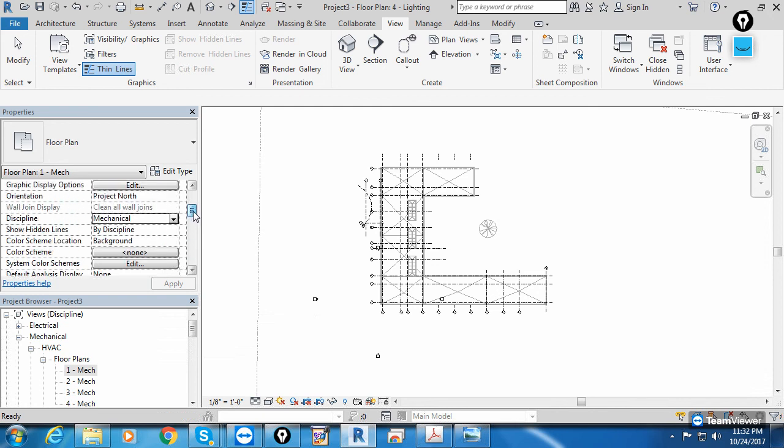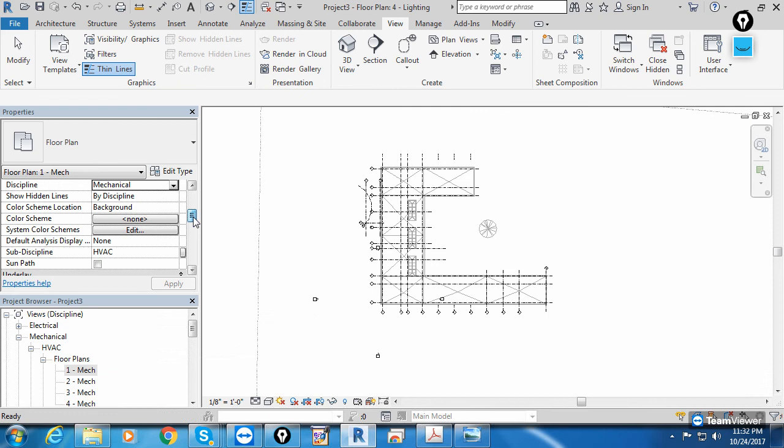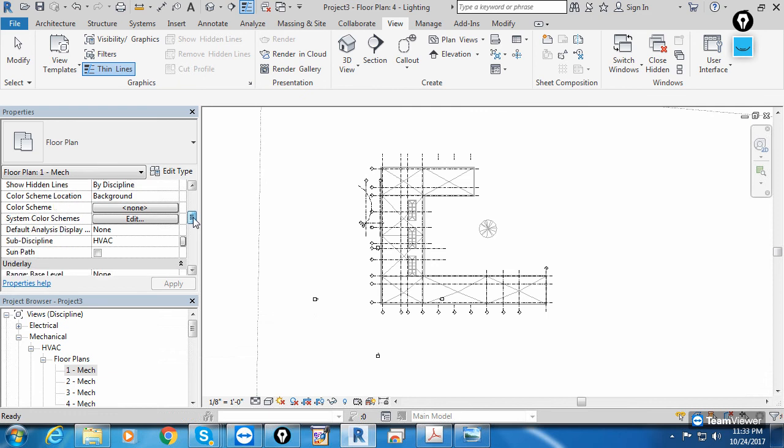Under sub-discipline, you'll find one more option, view classification, that I'll show in the next class. So you can make your main category also. Suppose all the services under design, and the same services under documentation also. So you can go for one more main category also, like these subcategories.